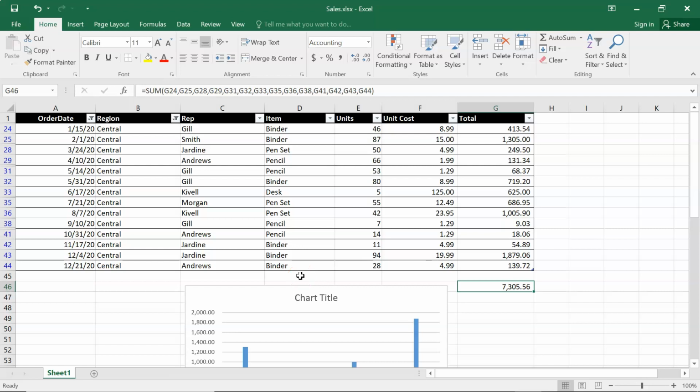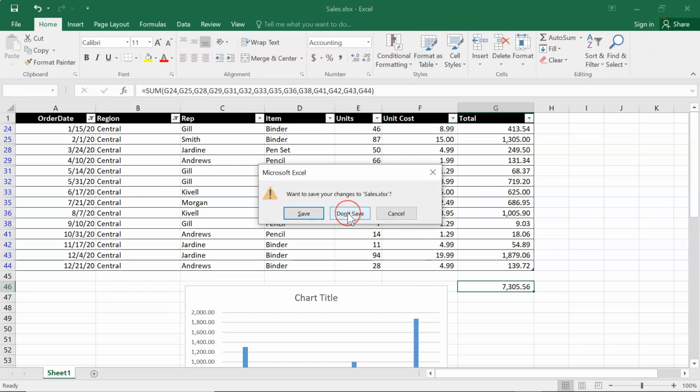So Alteryx is a tool for you. Once you create a workflow, the next time you do not need to worry about it. Just change your Excel, click on the run button and everything just works for you. So the final chart, the summarization, the filtration of data will automatically happen by just one single click. So let me just close this Excel file. I am not going to save it.